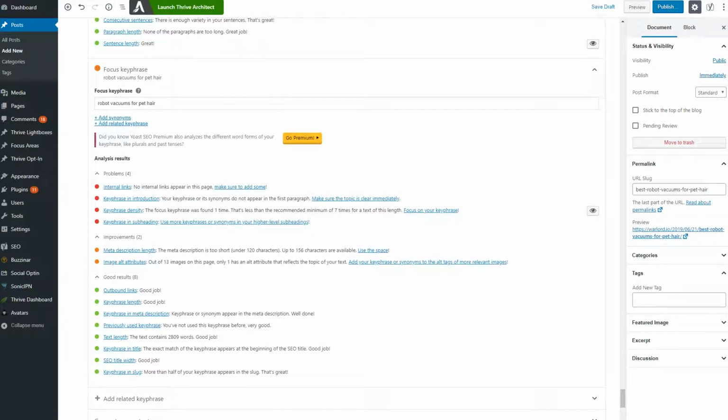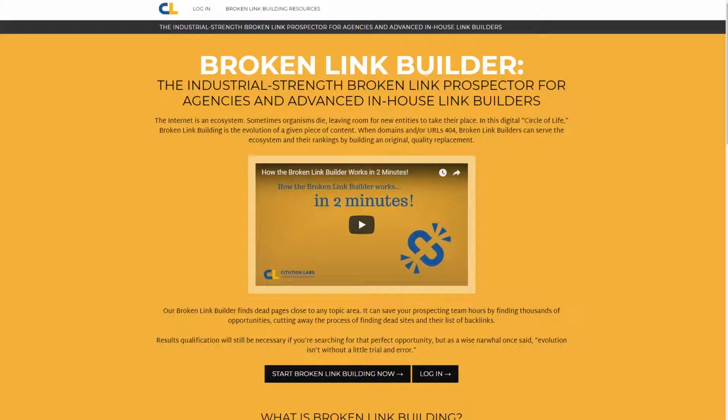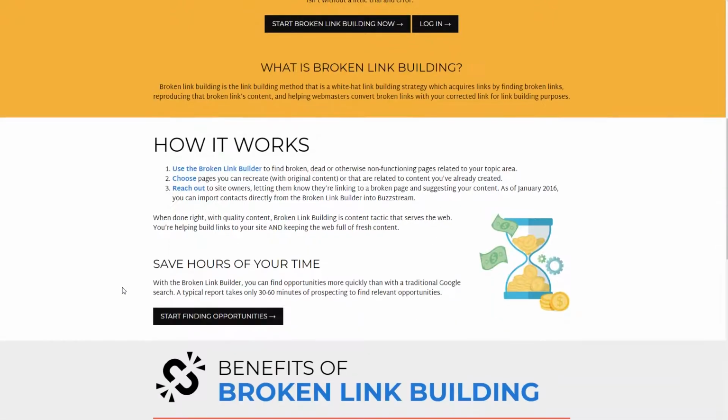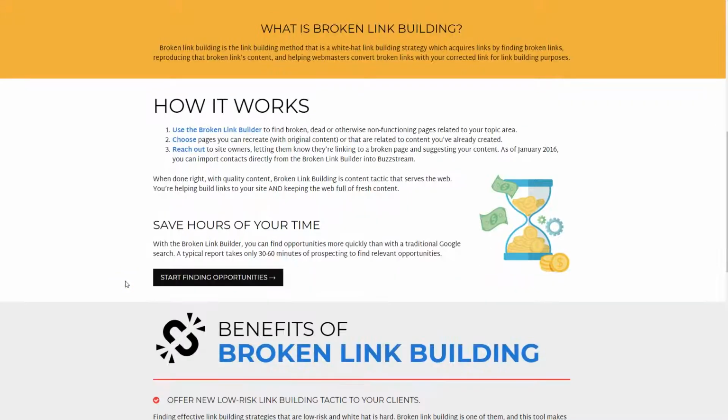Most of these tools that we're going to look at, though, are for backlinks. Most of them are for off-site SEO. So first off, there's Broken Link Builder. Now this is a very, very neat piece of software that will actually go out and find pages for you that have broken links on them. And then you can reach out to those people and say, hey, this link is broken, but I have a blog post or a page or a content piece that I think your audience will find useful. It's in the same topic area, and since I brought this to your attention,